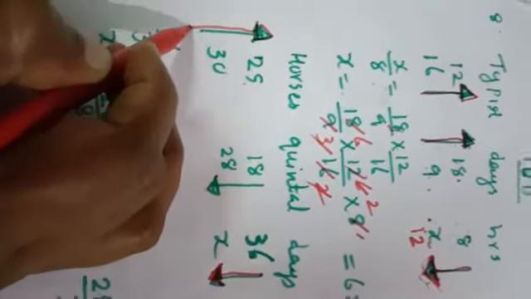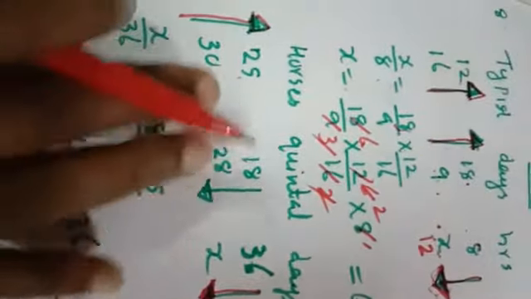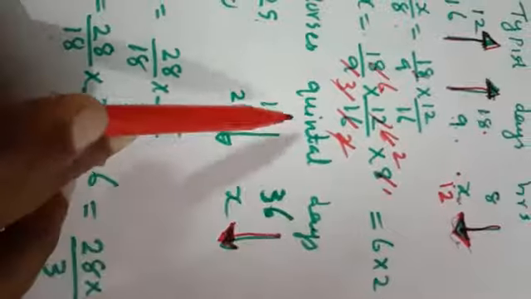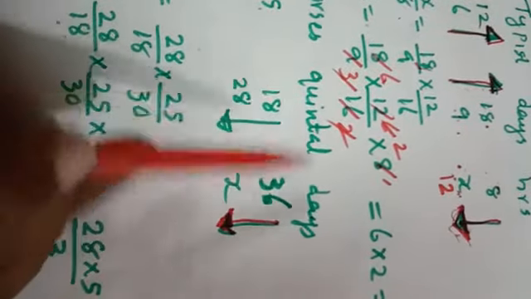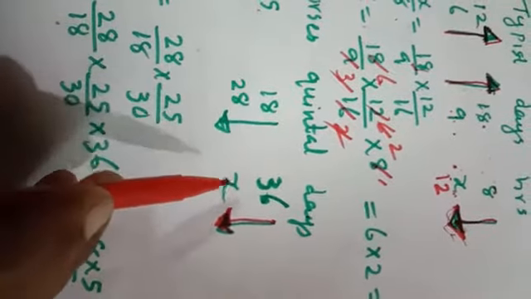So put an upward arrow. One is downward, the other upward arrow. Now compare days and quintal. Days and quintal: 36 days, 18 quintal. Then 28 quintal is for